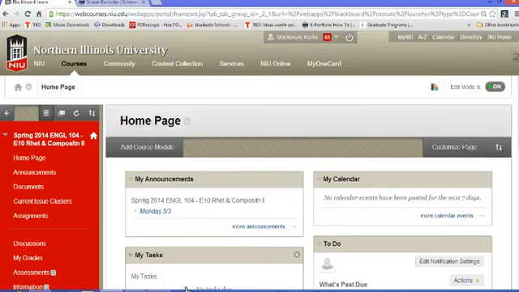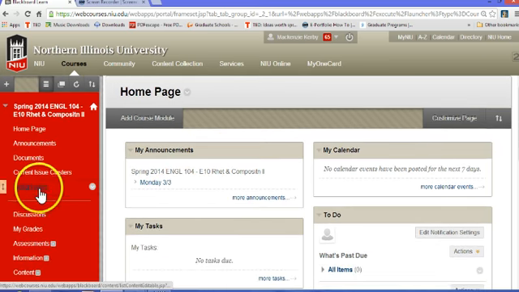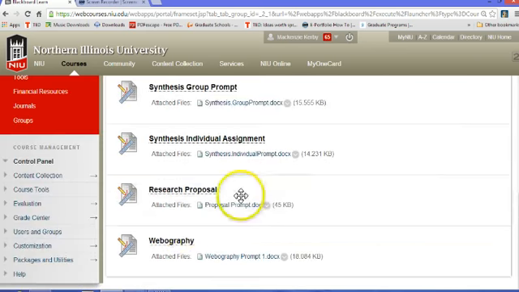Alright guys, so I wanted to talk to you about your next assignment, which is the webography. I didn't want to send it to you over the weekend since you were working on your research proposal. But if you log into your Blackboard, underneath assignments, you will find the prompt for the webography at the very